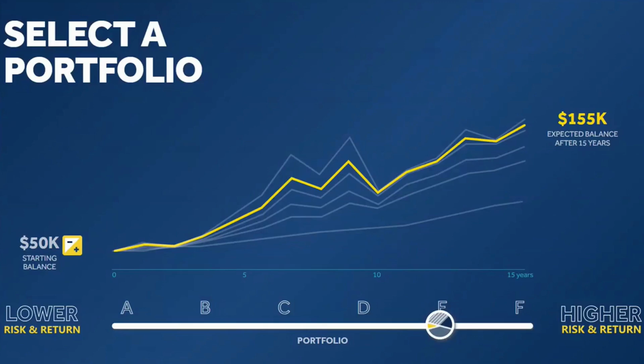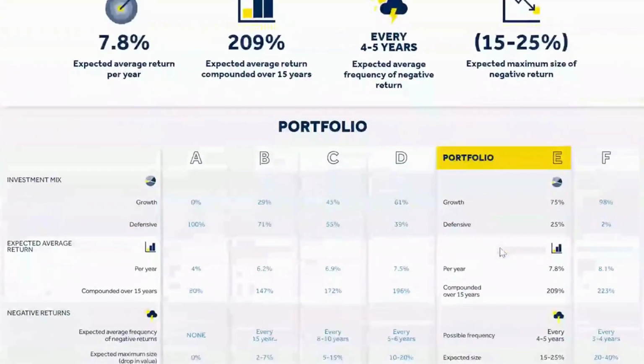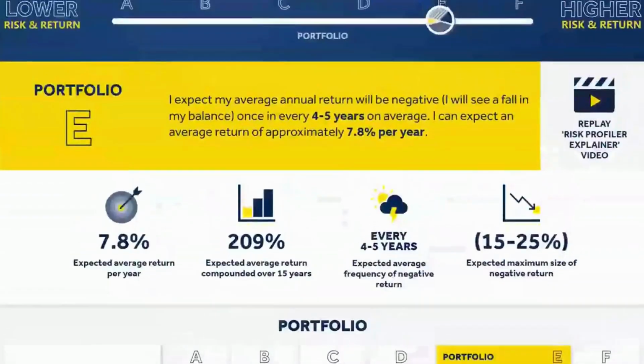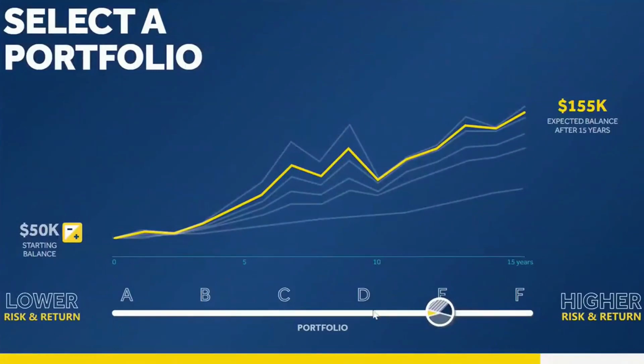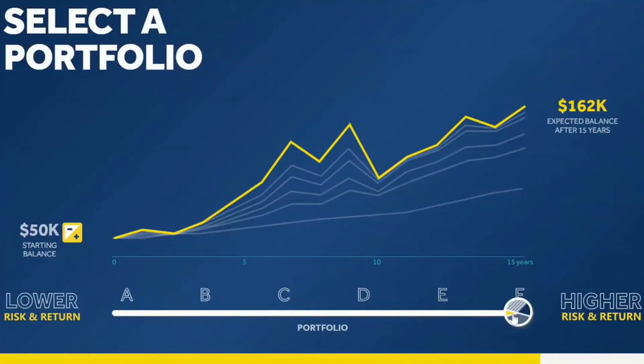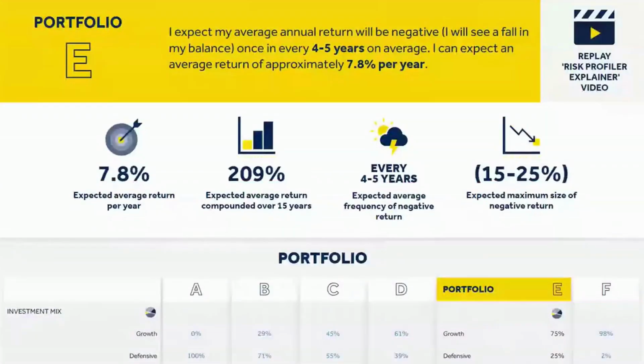And then for each of the different options, you've got a graph and a table down below, which I'll go over. And whatever's highlighted, as you change here, it'll change your expected long-term balance, and each description talks about what your average annual return will be, and how often you can expect a negative return.